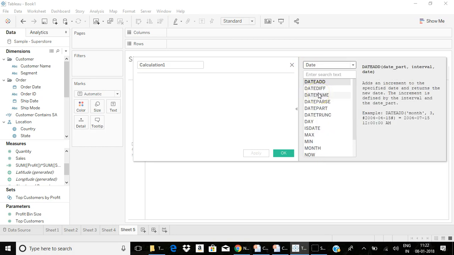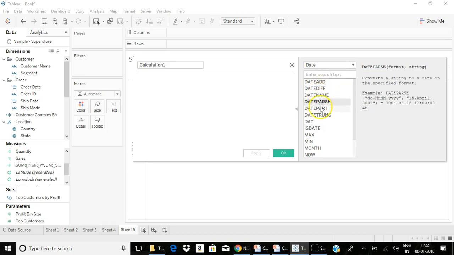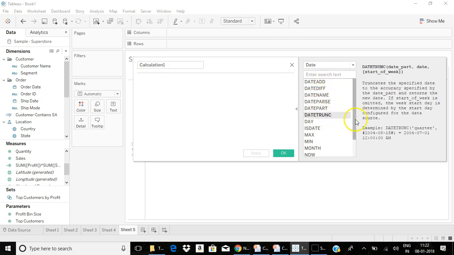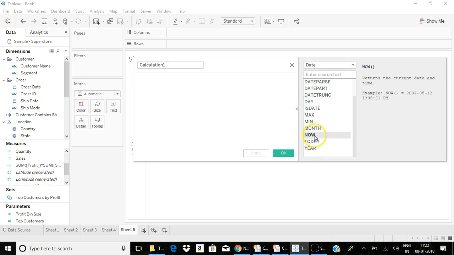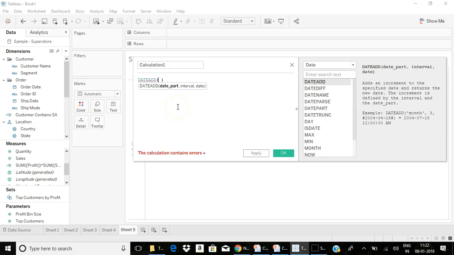Next, let's see some examples related to date functions. Date functions include date add, date difference, date name, date parse, date part, date trunc, day, current time, current date, month, maximum, minimum, is date and year. In case I want to add or subtract a date based on the date part, I should use the date add function. The date part should be specified.